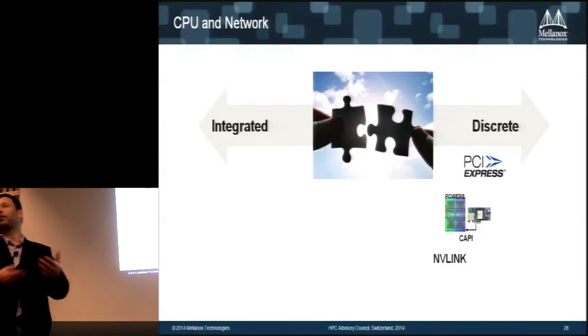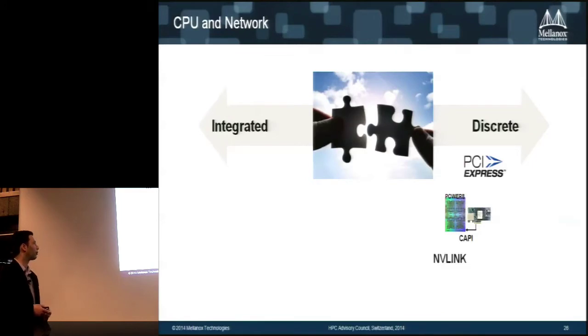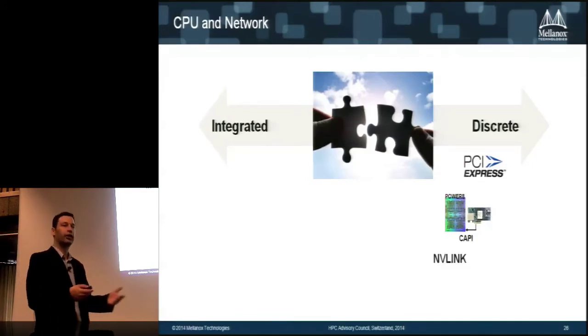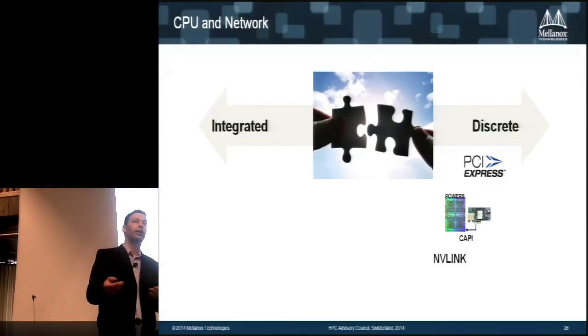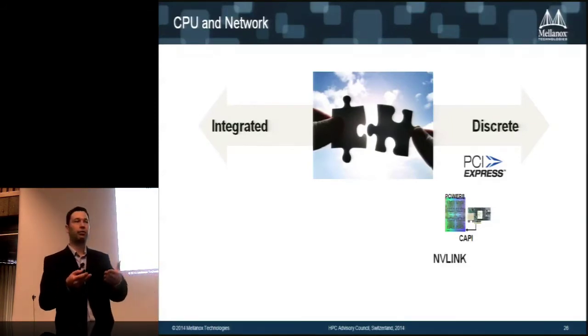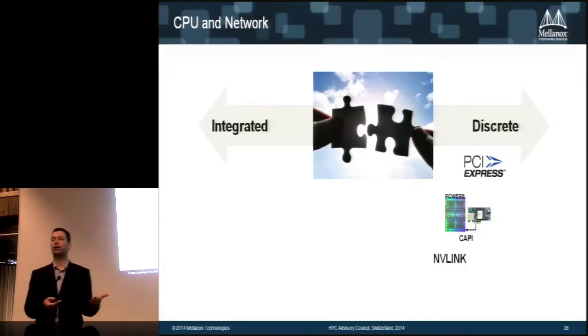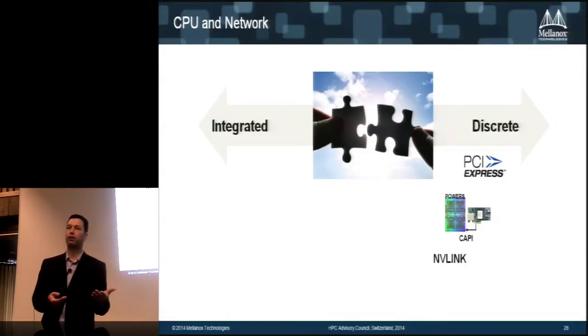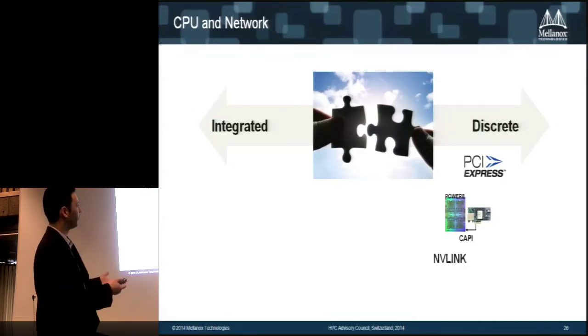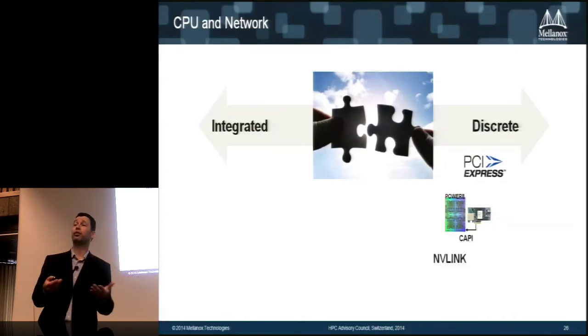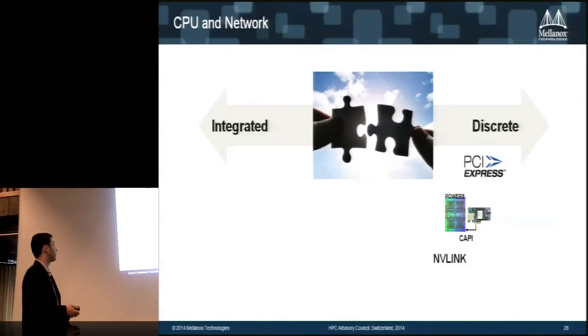So 2 years for every new architecture and 1 year for every improvement of process. Networking can work on different scales: SDR, DDR, QDR. So if you want to make sure that you have the best in breed from CPU and from networking, then sometimes it makes a lot of sense to have them as discrete solutions. So this is why we're going to have discrete.